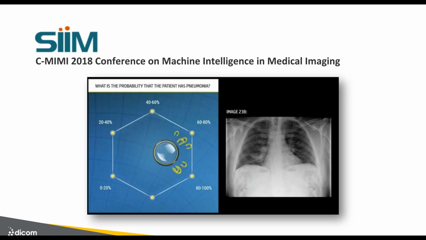And so in this case, you can see that the opinions of these 7 radiologists are making the diagnosis gravitate towards anywhere between 80% and 100% certainty that this patient has pneumonia. So this is a static image, so it's not even as compelling when you look at it now as when it is animated. When Stanford presented this at the CMIMI conference in San Francisco last week, this was an animated model, and it showed the progression of the diagnosis from beginning to end, and it was just absolutely fascinating how